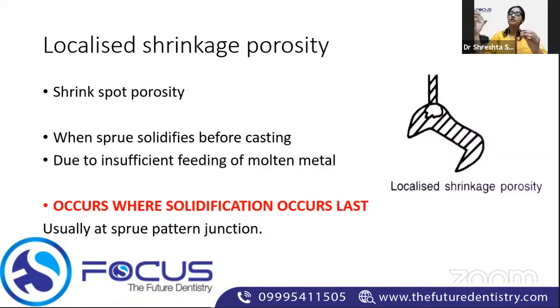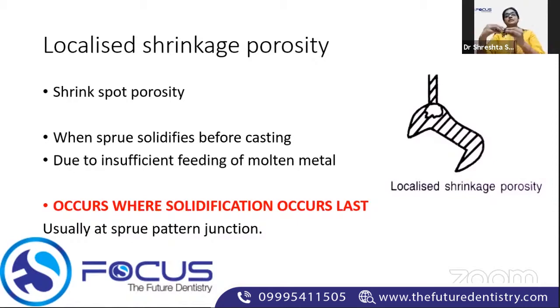See, when you start flowing the molten metal into your casting, it should be at a specific rate of flow, it should not be at regular intervals. It should have a continuous flow of metal. Otherwise, half the way your molten metal is going to solidify, and then the rest of the molten metal does not have a space to flow into the casting. So you should have a continuous flow of molten metal so that you have a complete casting. Localized shrinkage porosity happens mostly because there is a solidification of the metal, most commonly inside the sprue.